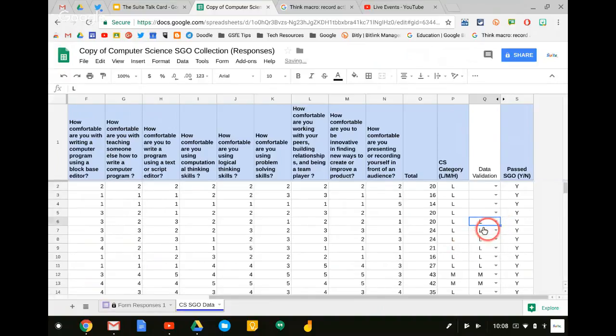So let me put these in. Data validation is very handy if you're sharing a spreadsheet with multiple people and you only want them to insert certain information into cells. I would recommend using data validation. So the next part that I use is